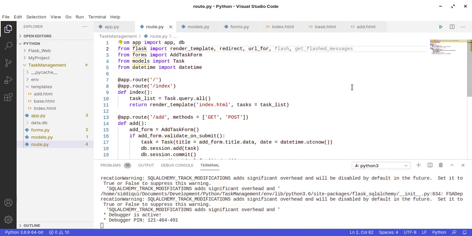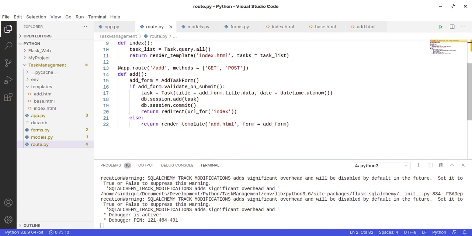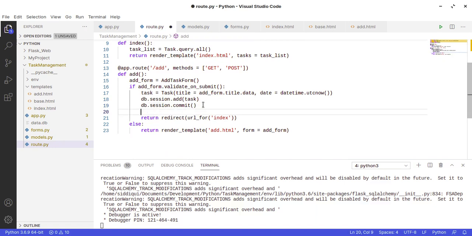We can insert messages in the stack, and then pull them and display them. So how can we do this? Let's say once we insert some task, I can call the flash method, and then pass any string and say task created successfully.